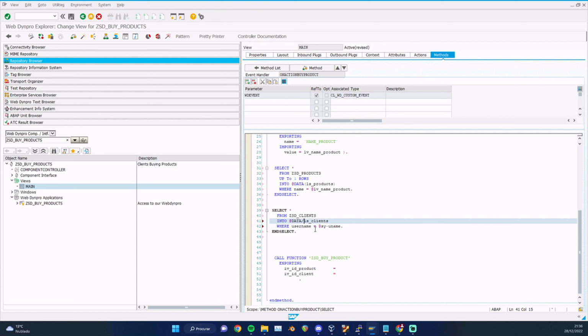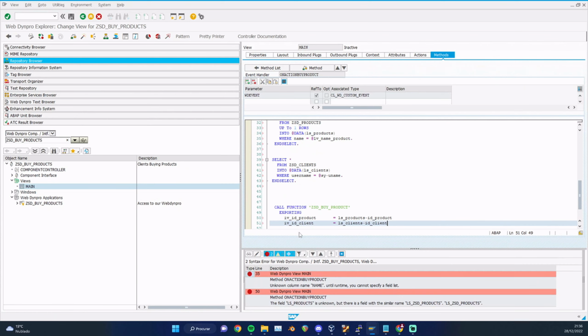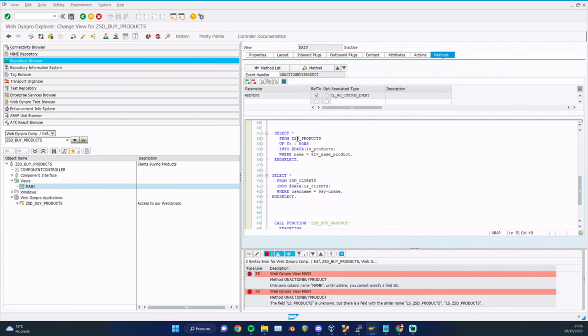Data, and here on LV product, I'm going to put ls product and I'm going to put ID product. And right here on ls clients, I'm going to put our ID client. Okay. So we already have this. I will activate. I got an error that's saying the name not in runtime because it's not that, it's name product. Sorry,